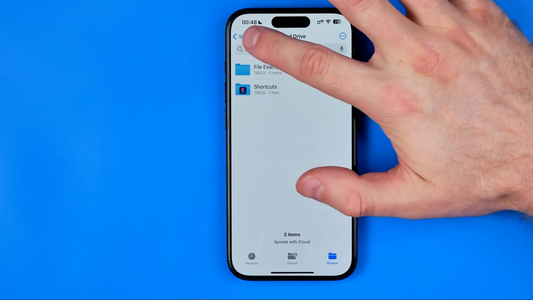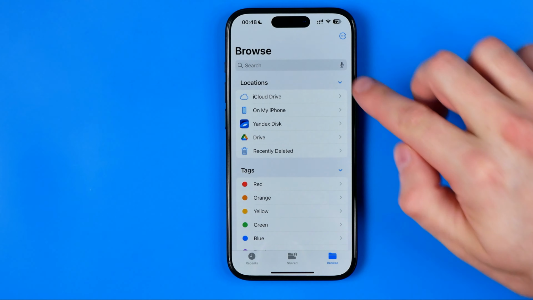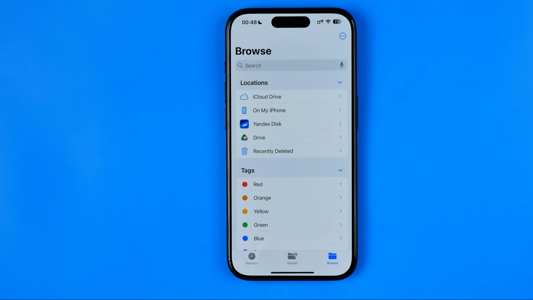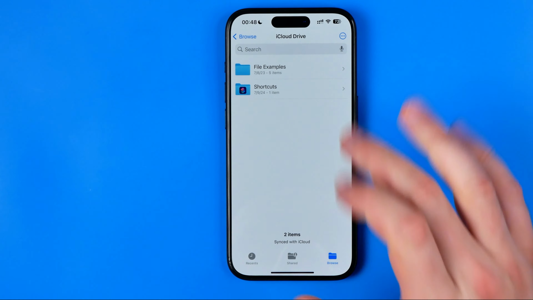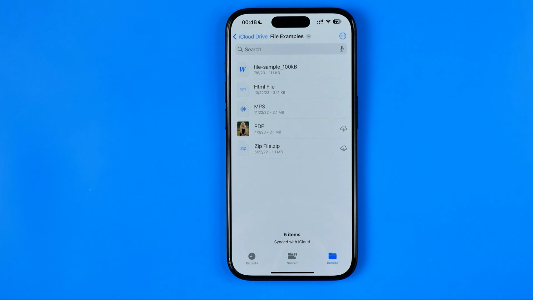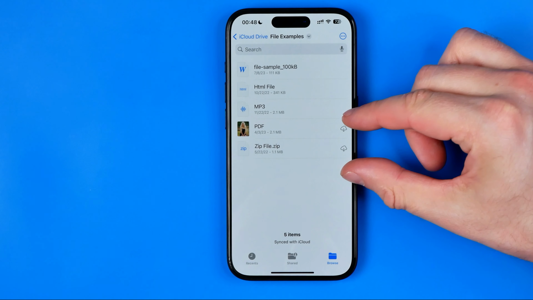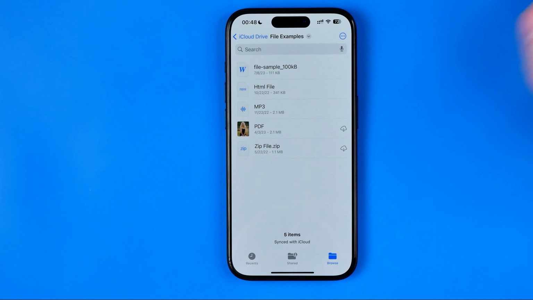After that, we can tap right here all the time until we get to the Browse folder. This is kind of a home page for the Files app, and from here we can easily enter our iCloud Drive. Here I've got some file examples, and as you can see, these two files are not actually downloaded